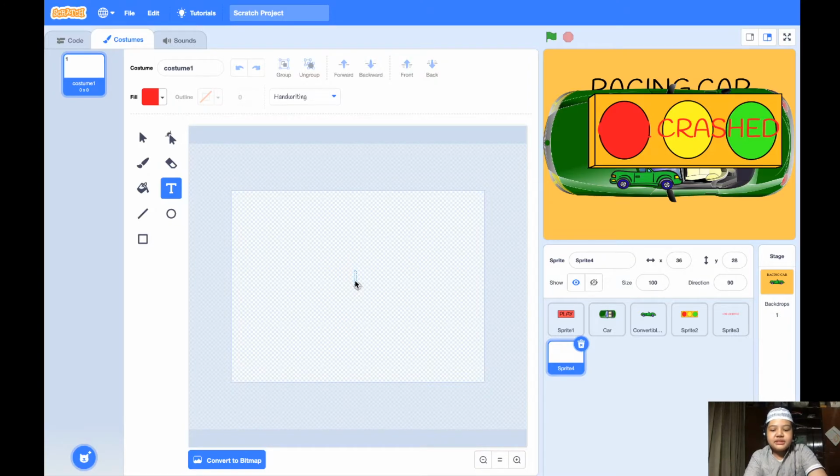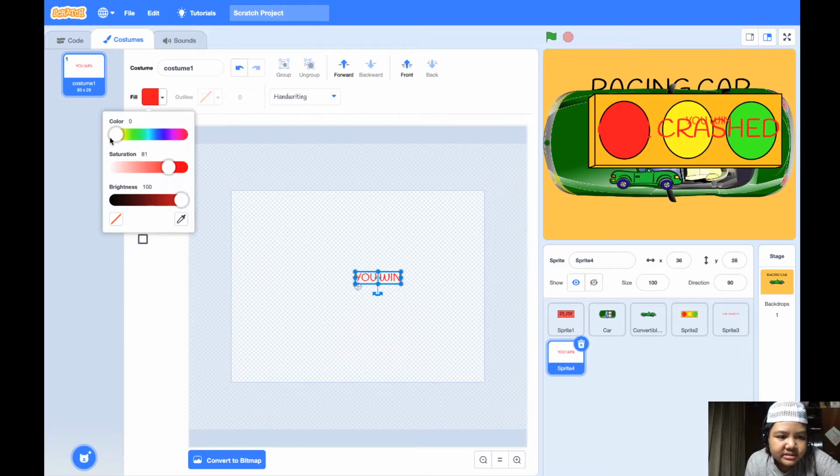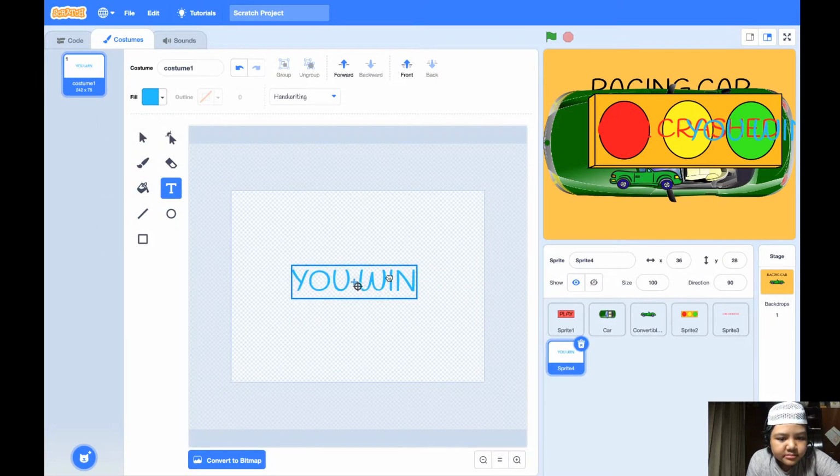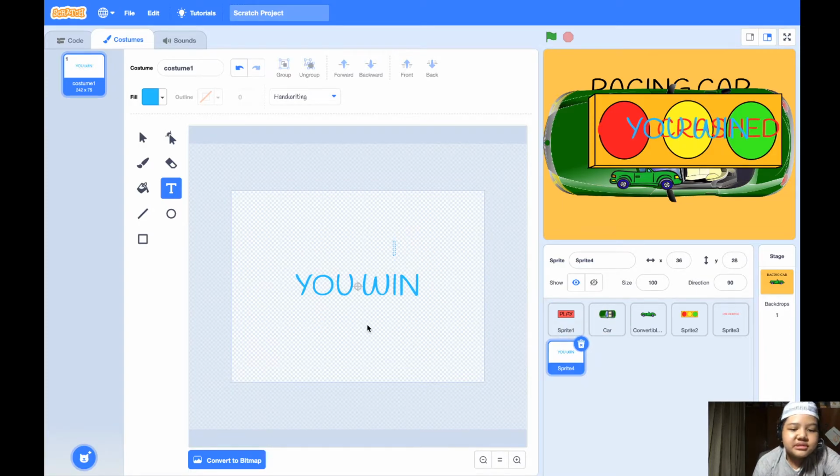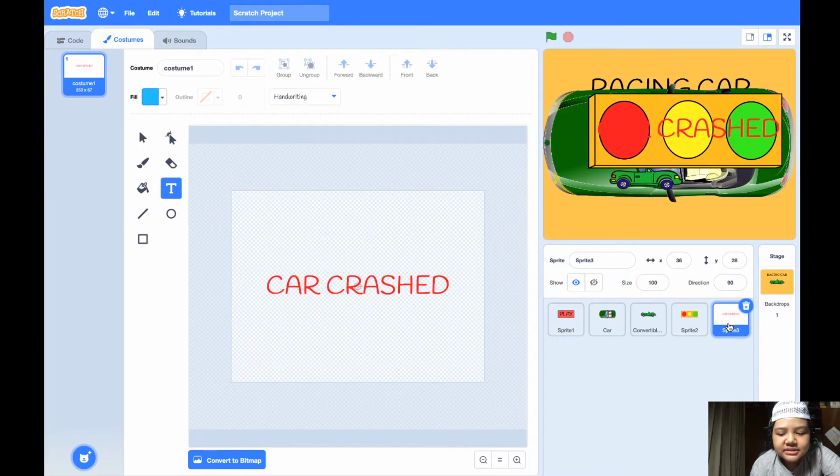The text is "You win". Now fill it blue like this. Now make it like this. Oh, sorry. So this one. Don't use this. Now go to the car crash. Now make a text at the bottom that says to play again,